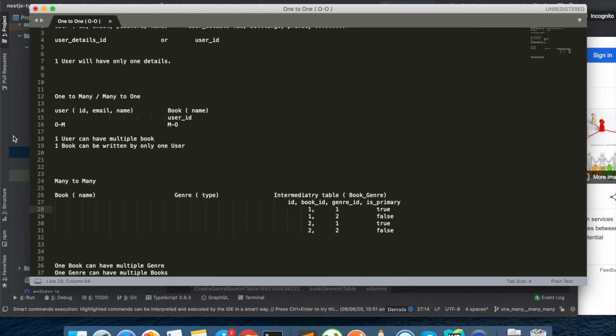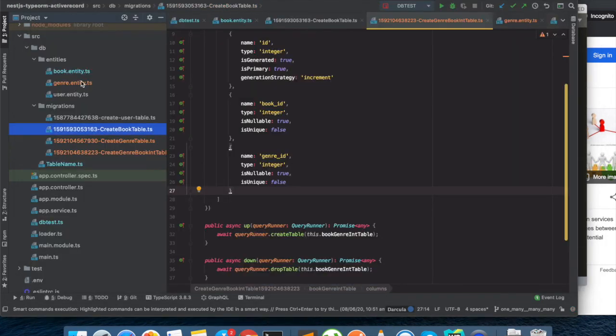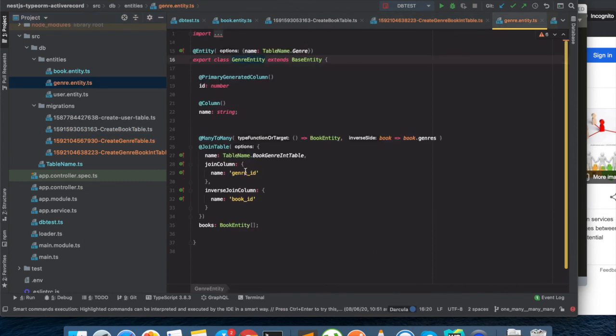But in order to use the intermediary table as an entity here, we need to change our relationship. For example, we have used a many to many relationship, right? If we are going to use this intermediate table, then we have to use this many to many relationship via one to many and many to one.